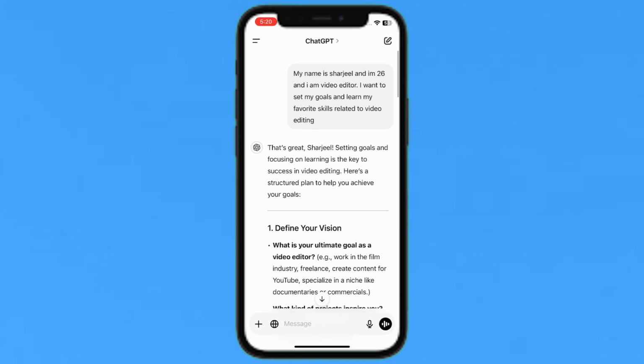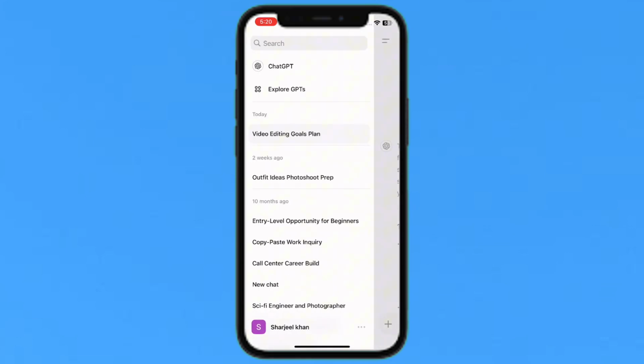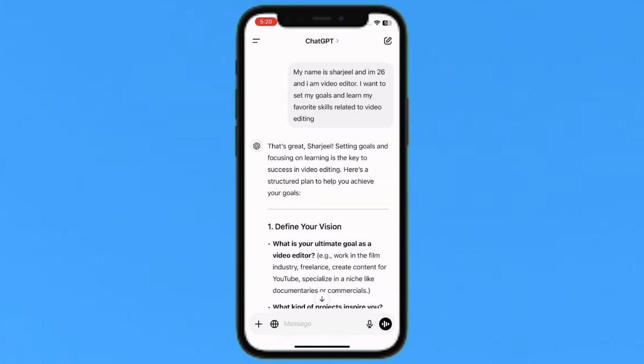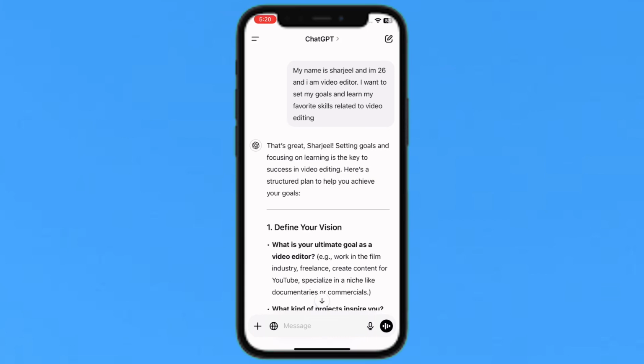So I will just tap on the top left two lines. So from here is the video editing goals plan. So you can just save it to your memory, which will teach your new editing skills. So you just select it and learn it step by step on your daily basis. So in this way you can set your specific goals inside